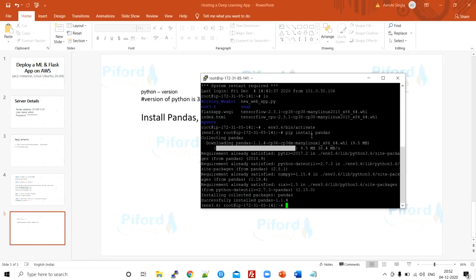See guys, it always depends upon your application, what application you are deploying on a server, and according to that application you need to install all the required packages. Obviously then only your application will run, right? So as I've installed pandas, in the same way you can install other packages.